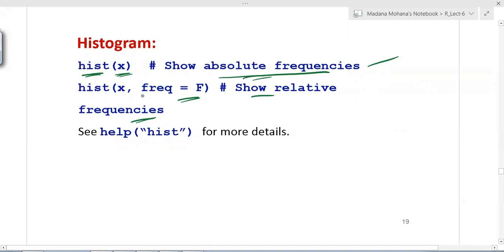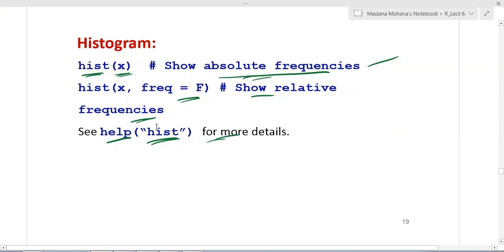If you want to see help for any function in R software, simply type help with the function in brackets and double quotes, for example the command HIST. Then an HTML help page will be displayed with all the complete details related to the function.